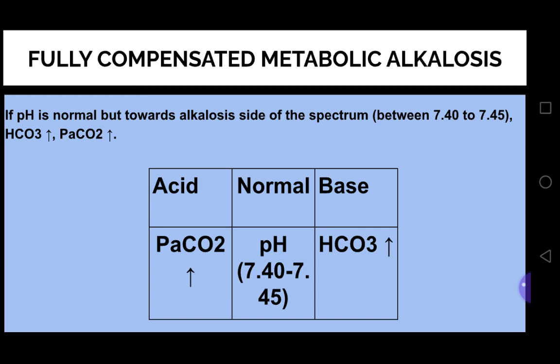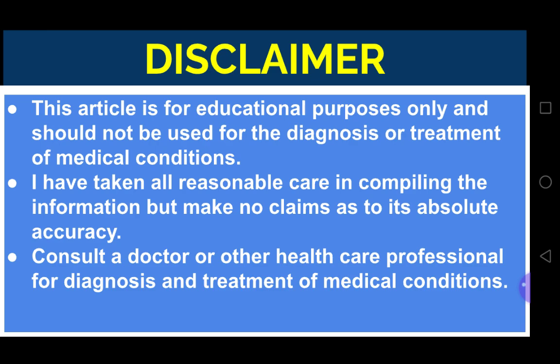When PaCO2 has risen to compensate for metabolic alkalosis and pH is within normal range but towards the alkalosis side of the spectrum. I hope that you find this presentation useful, although it is still difficult to understand, and I